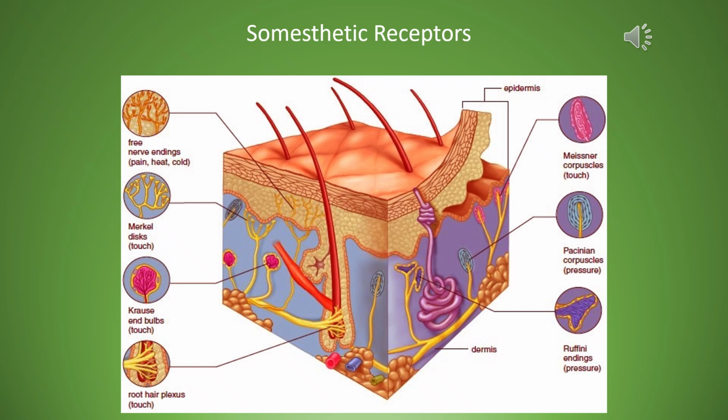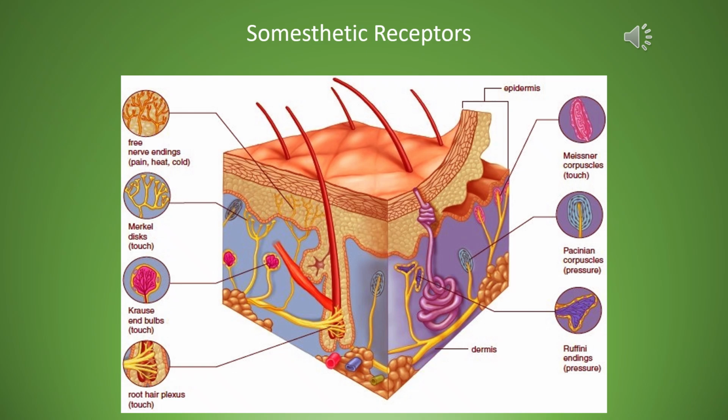If a bug is crawling on your skin and it bumps into one of your hairs, well, you can feel the bug on your skin because it moves the hairs of your skin. Okay, the Meissner corpuscle, deeper than that, getting down toward the hypodermis, the Pacinian corpuscle, and the Ruffini corpuscles. These are deep pressure and vibration sensing receptors. So these are a variety of things that give to us our somesthetic sense.